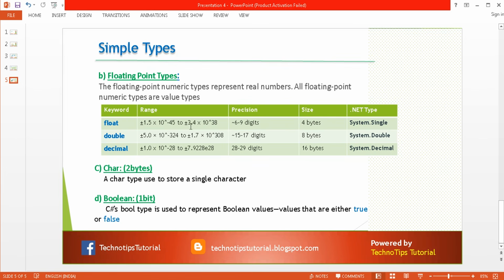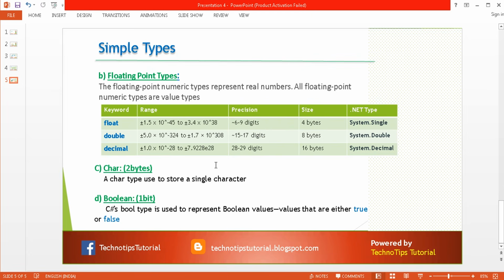Float has the max range 3.4 into 10 to the power 38, whereas double has the max range 1.7 into 10 to the power 308, and the decimal has 7.9228 into 10 to the power 28. And notice that the e represents this into 10 to the power. So instead of writing this, you can simply say e.